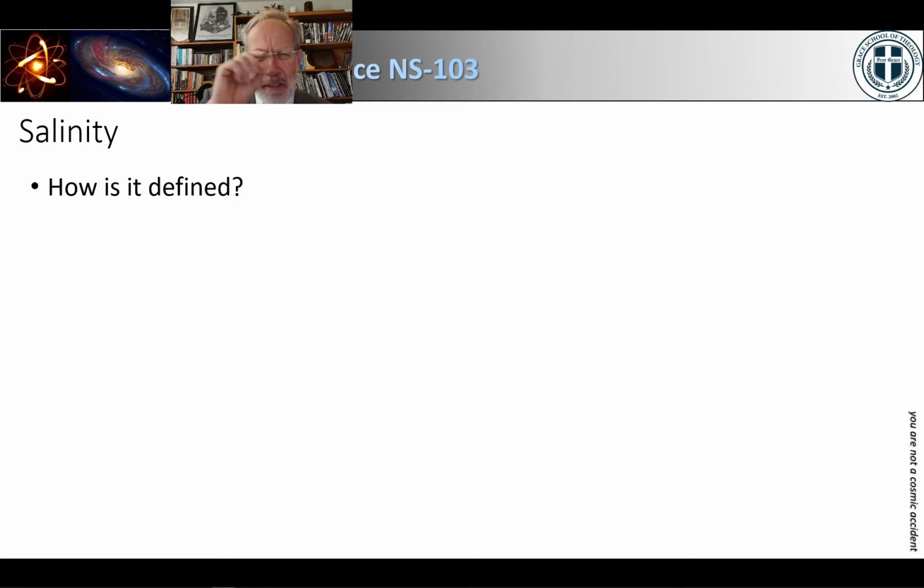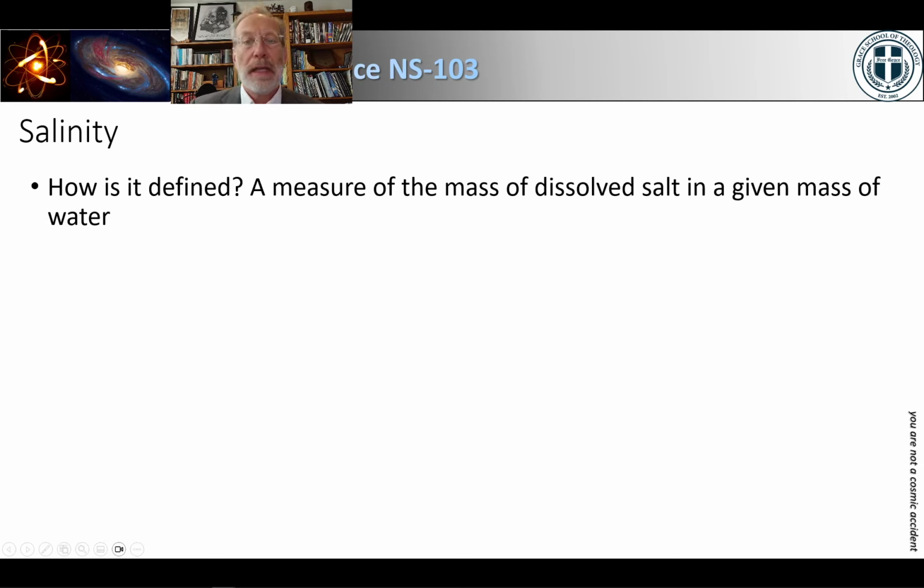I'd like to spend just a little bit of time focusing in on this thing called salinity. And to begin with, let's make sure we understand how it is defined. Salinity really is just a measure of how much salt is in a given amount of water. And we use mass, and we've talked about that before. The mass of dissolved salt in a given mass of water. So with that as a definition,